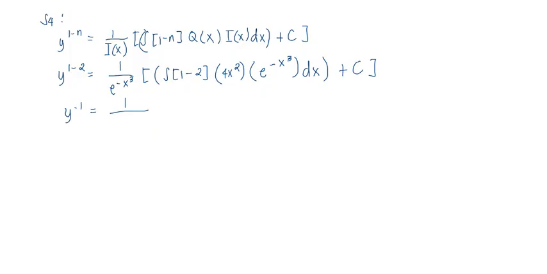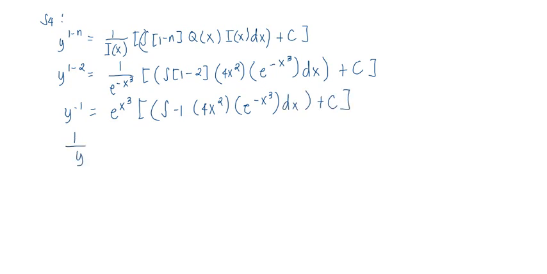And then we just simplify: y raised to negative 1 is equal to 1 over e raised to negative x cubed, or you could just rewrite this as e raised to x raised to 3, times the integral of negative 1 times 4x squared times e raised to negative x raised to 3 dx plus c. This can be rewritten as 1 over y is equal to e raised to x raised to 3 times the integral of negative 4x squared e raised to negative x raised to 3 dx plus c. As you can see, we need to get the integral of negative 4x squared e raised to negative